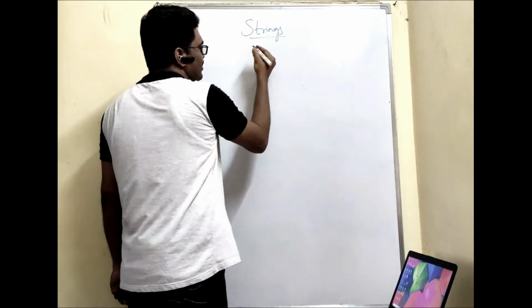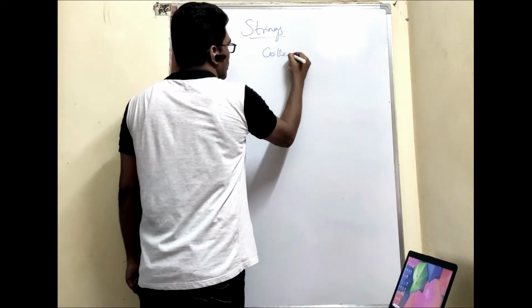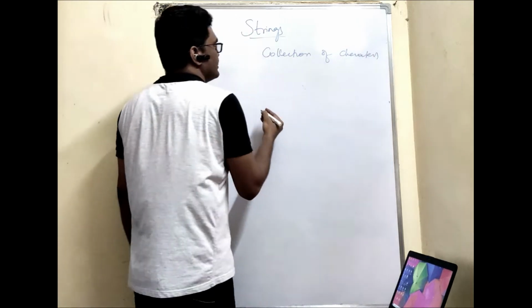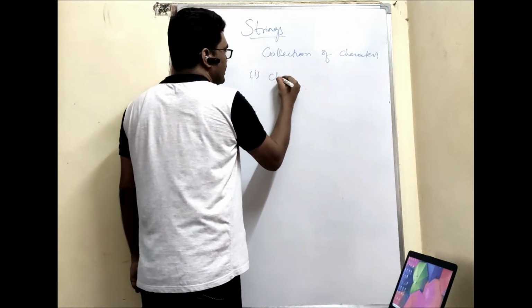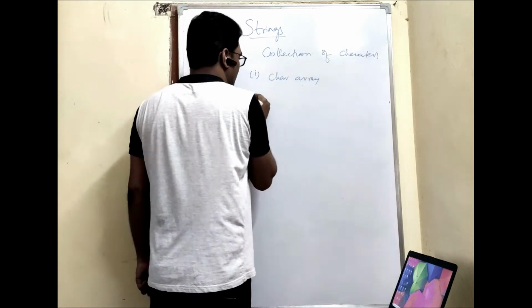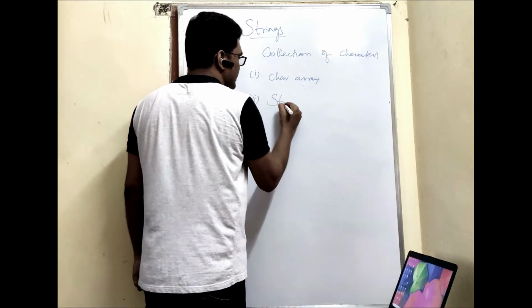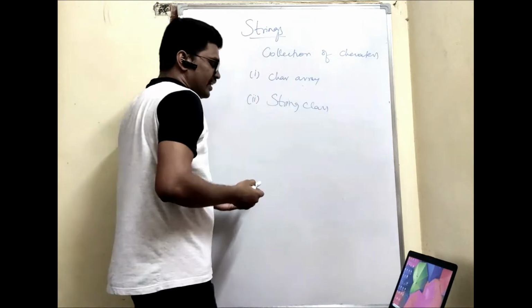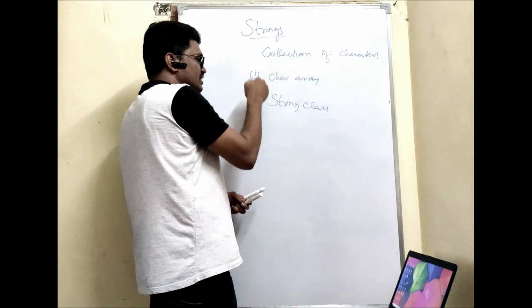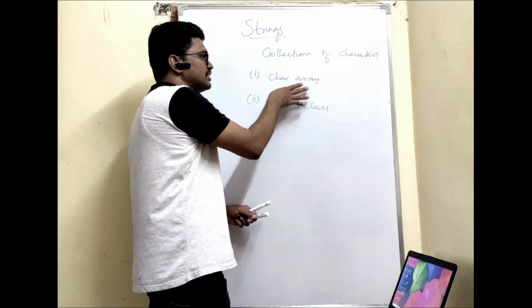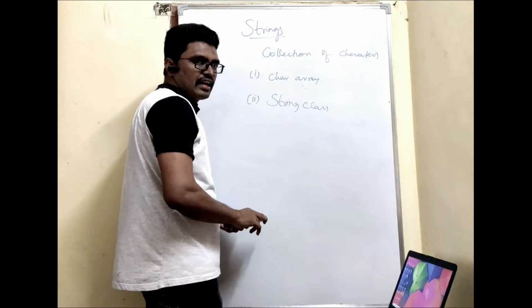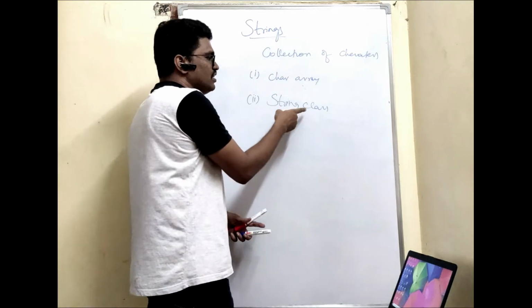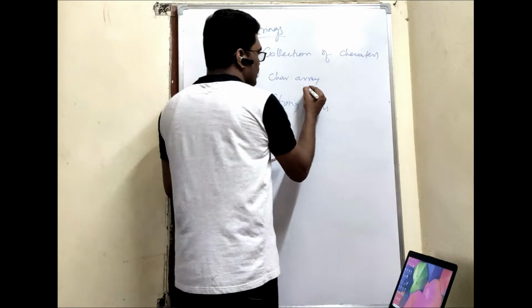Strings. Very important concept. Strings are nothing but a collection or group of characters. We call a group of characters a string. Strings can be created by using a character array, and there is a second way of creating strings, that is by using the String class. I cannot define a string as a character array in Java because there is another way of creating strings. In C and C++, we say a string is a character array, but here I cannot say that because I have another mechanism of representing it, called the String class.